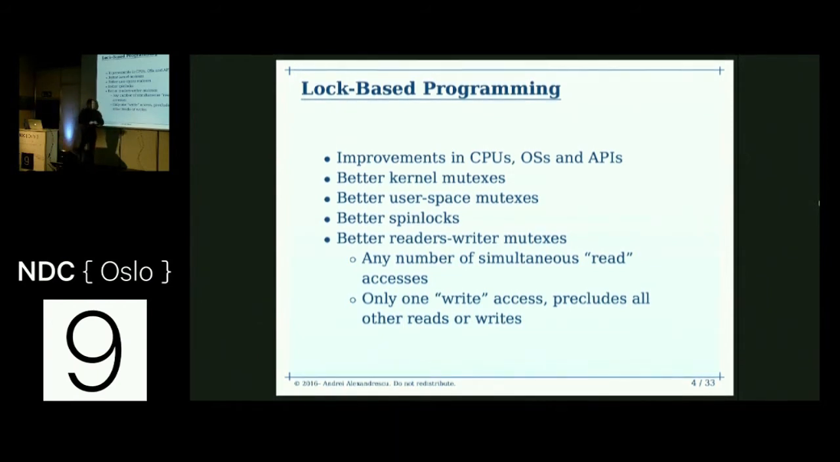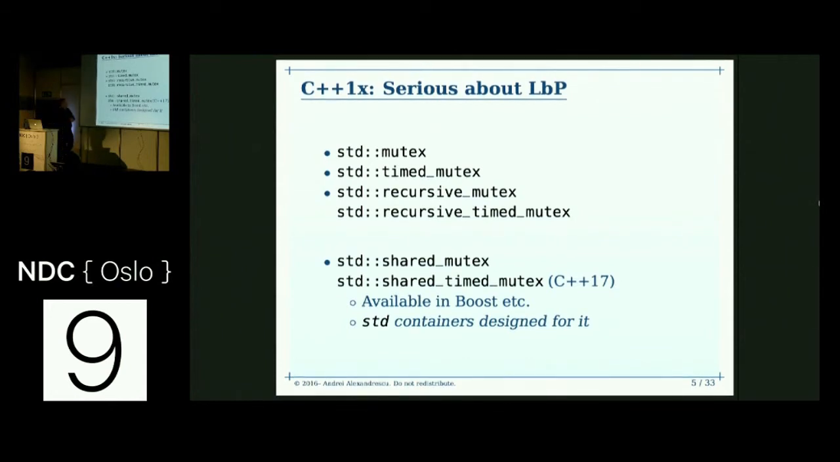So we can do one write access that precludes other reads or writes, but we can do any number of read accesses. Excellent. So C++1x is serious about lock-based programming. We already have a bunch of stuff in there, such as mutex, timed mutex. Anthony knows all about it. Is the list even complete? Probably not. Recursive mutex, recursive timed mutex. And then we have shared mutex, shared timed mutex. So these would be readers-writers. And only in C++ starting with 17, you have the multiple-readers, one-writer lock, but it's available today in Boost,